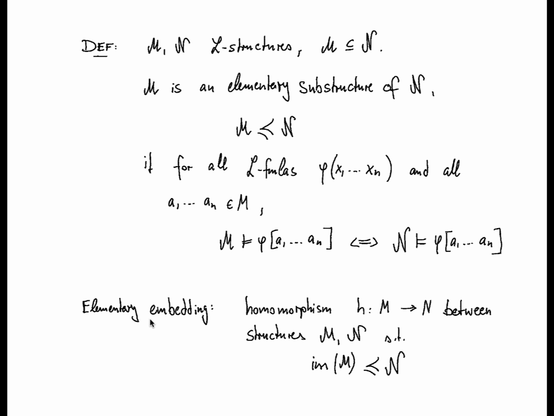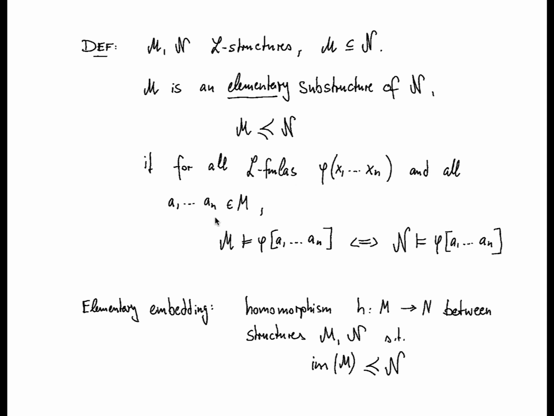We start with a definition right away. So let's assume we have two structures over the same language, M and N. And we also assume that M is a substructure of N. Then M is called an elementary substructure of N if for all L formulas phi with free variables among x1